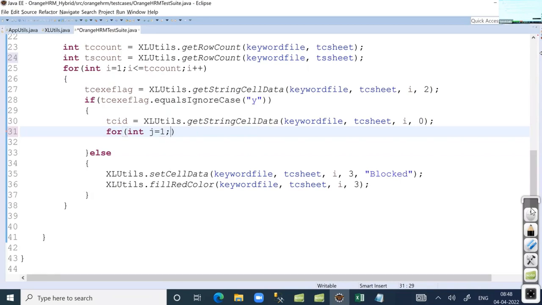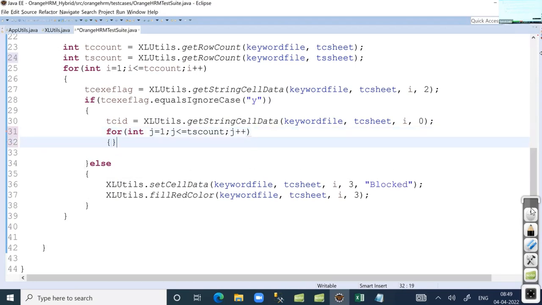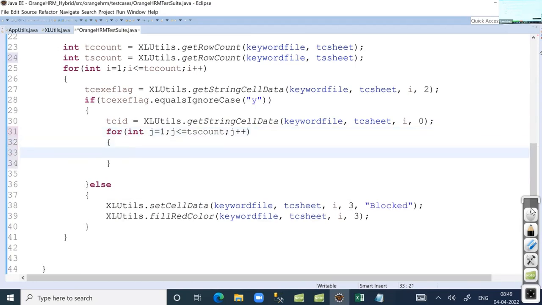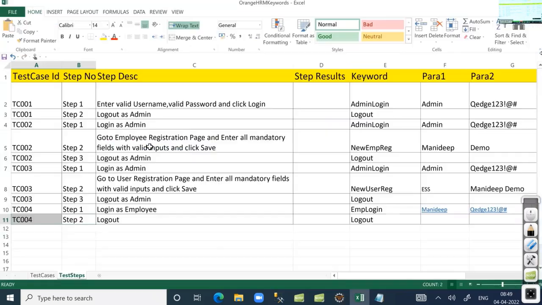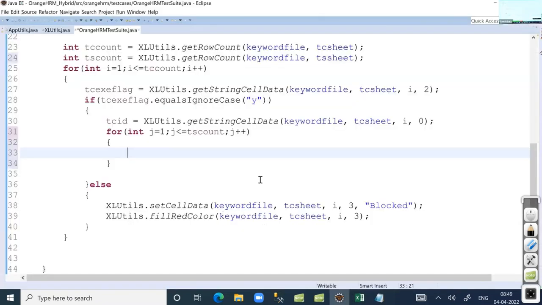J equal to 1, one more loop, J less than or equal to TS count, J plus plus. Why is the second loop created? Only to filter the steps belonging to that particular test case. Then